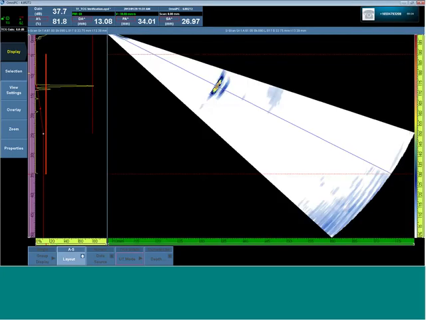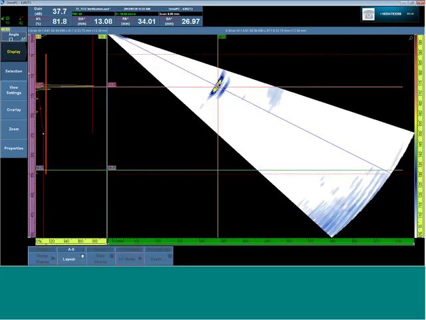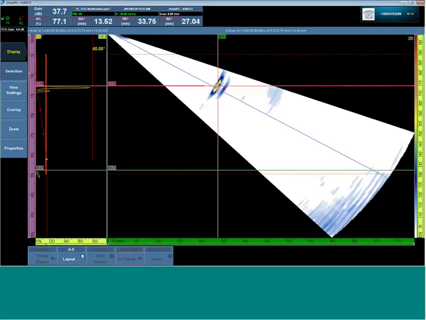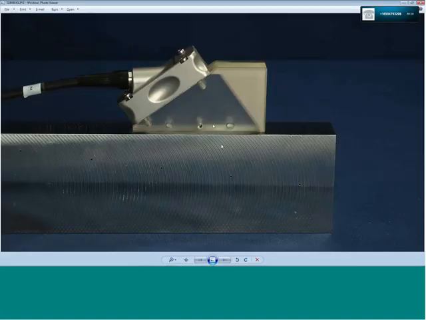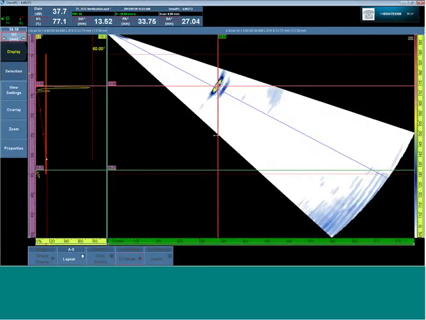And my ability to be able to place the depth and the location away from the probe face correctly, 34 millimeters in front of the wedge face and half an inch or 12 millimeters below the surface is where we'll see the calibration reflector or the defect. So those are very important. When those parameters are entered correctly,